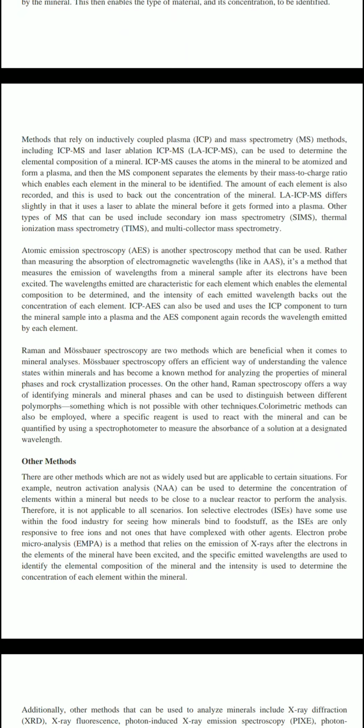ICP-MS causes the atoms in the mineral to be atomized and form a plasma, and then the MS component separates the elements by their mass to charge ratio, which enables each element in the mineral to be identified. The amount of each element is also recorded,